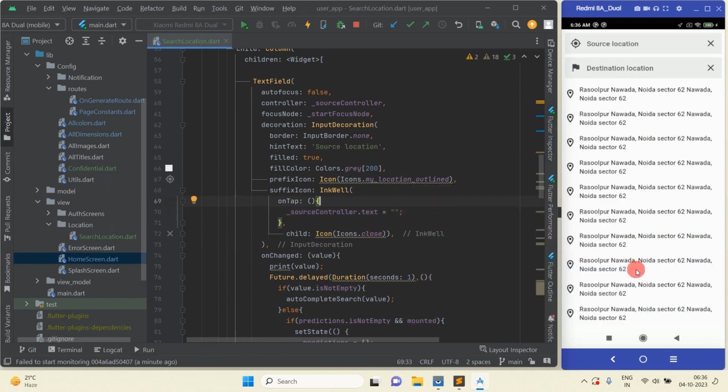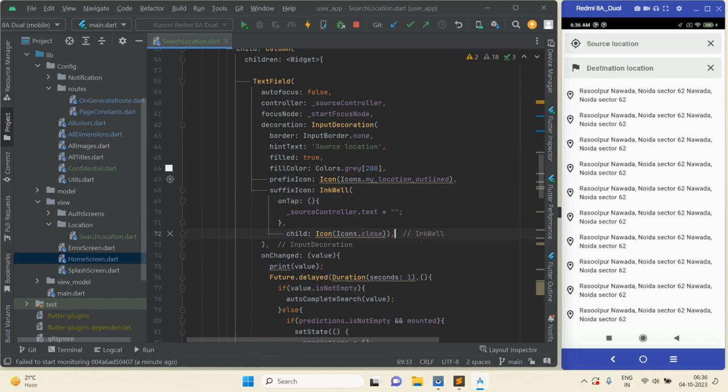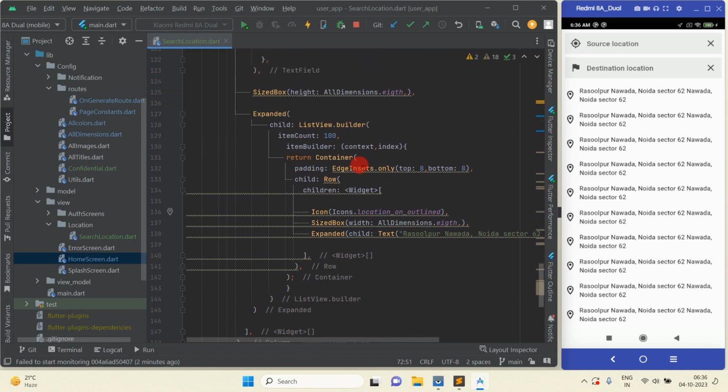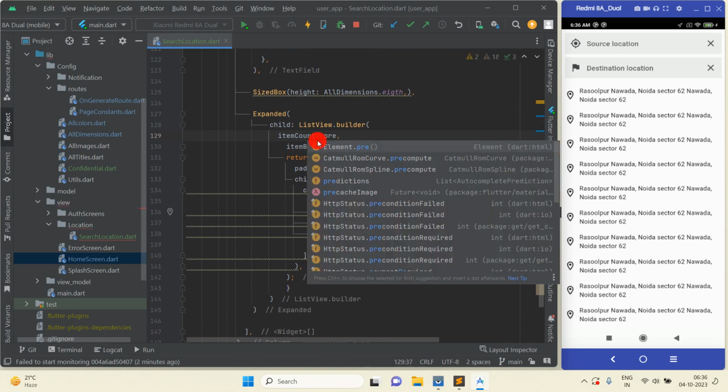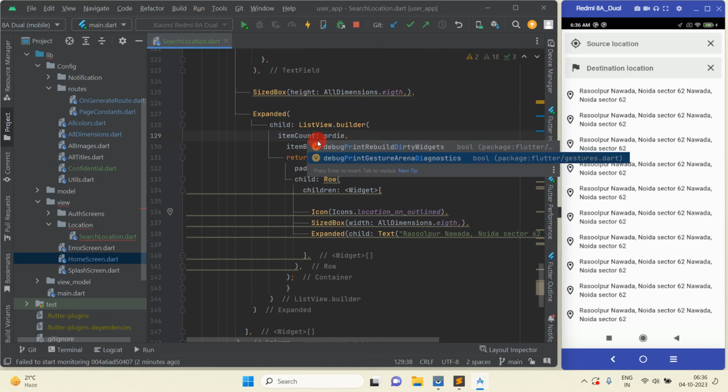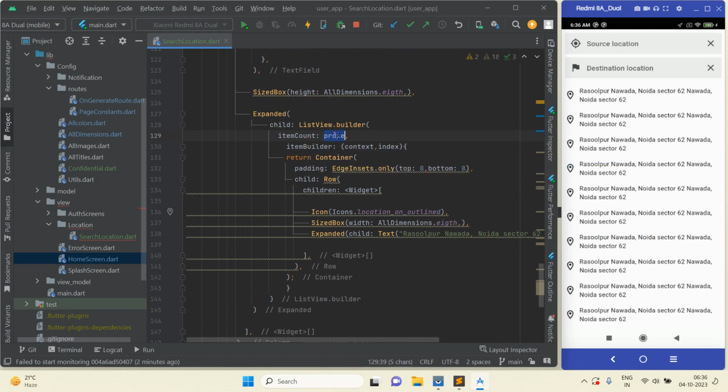So you can see now static data is showing here. Now I'm going to add dynamic data. So here, in the list view builder, I'm going to use predictions. Prediction is our list. Okay, so inside predictions we have added